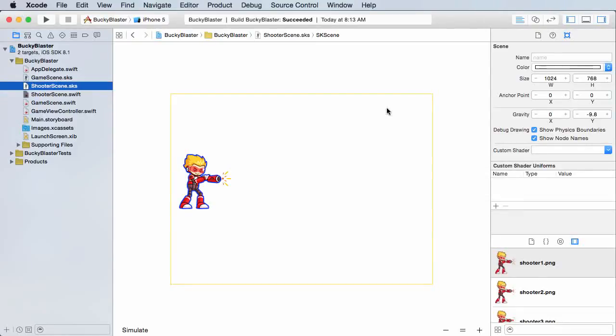Alright guys, now that we have our dude on the screen, what we can do now is actually start setting up that level. And one of the very first things that I want to do is go ahead and start animating this guy, because right now he's pretty much just a still image. I want to build the animation so it looks like he's being affected by the firing of the gun. So anyways, let's hop over to shooter